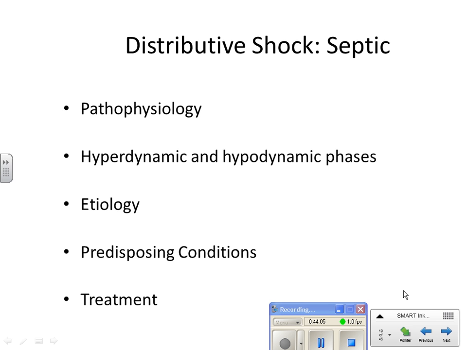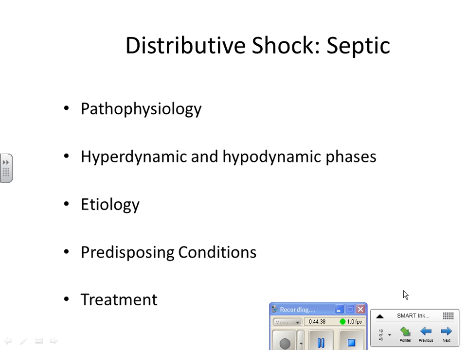And which types of patients do you think would be at a higher risk for developing these kinds of systemic infections and going into septic shock? Immunocompromised patients. So patients with malignancies or patients getting chemo, because they're immunocompromised. Patients with HIV, AIDS. Patients that have been on a lot of steroid types of treatments, hormonal treatments.